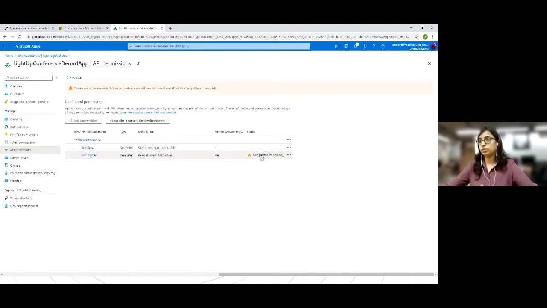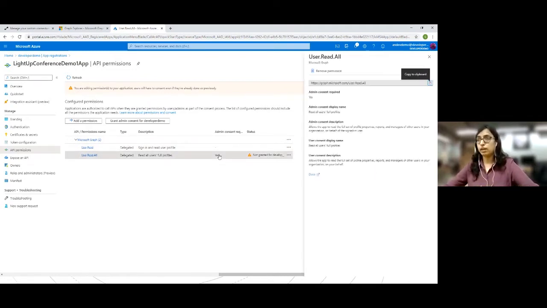Now this API requires admin consent. Some of the permissions that we use in our Graph API may require admin consent, so it is very, very important that we grant the admin consent. Otherwise, it will not work. I'm the global admin for this demo tenant, which is why I'm able to do it myself.